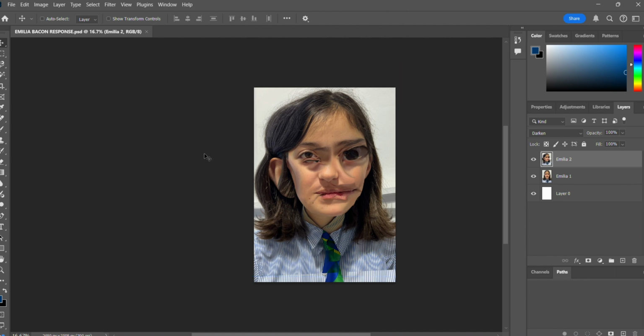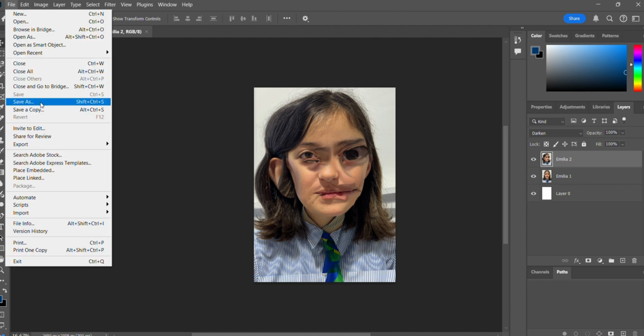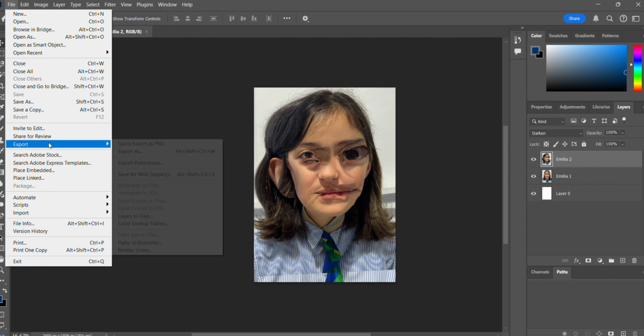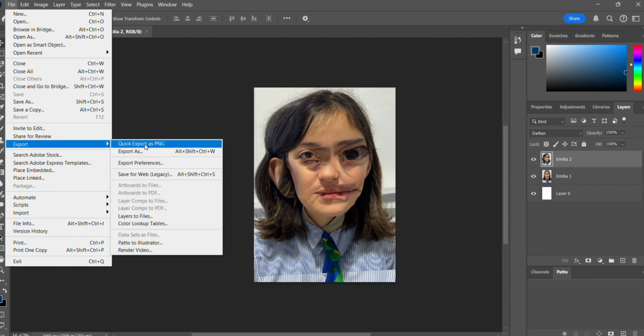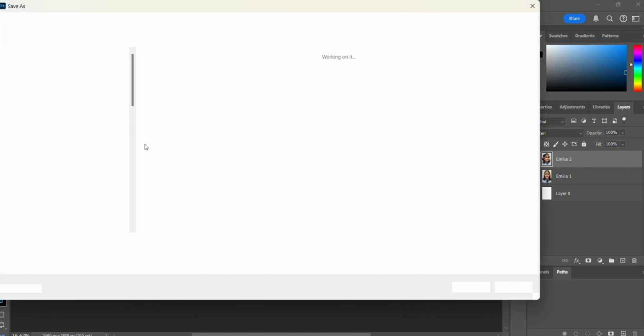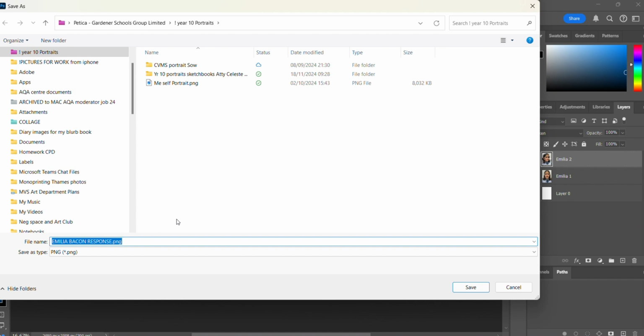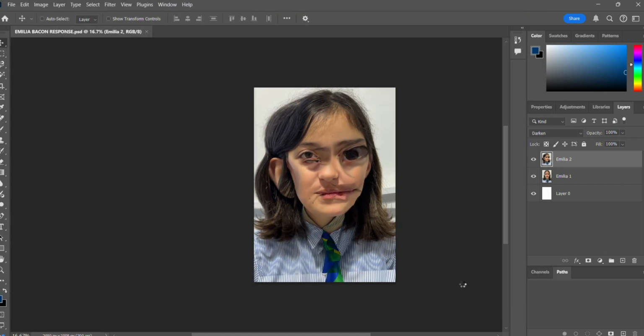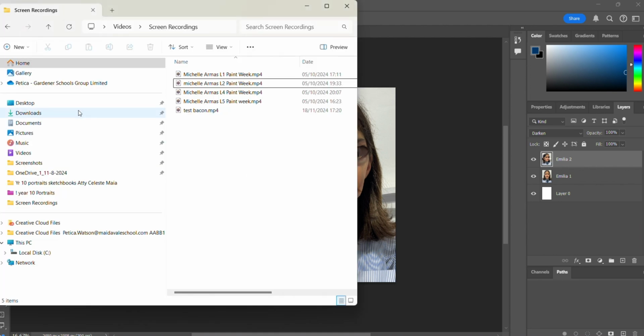But if you just wanted to print this as a JPEG, which you do because you want to print it, you are going to go to File and then Export. A JPEG or a PNG is fine. So you can go Quick Export As, and it will say okay, and I've already given it a name and it knows that. So I'm going to just say save and make sure it's in the right place. You've got to be organized with your work, and say everything for year 10 is in a certain folder. So when I go to that folder,